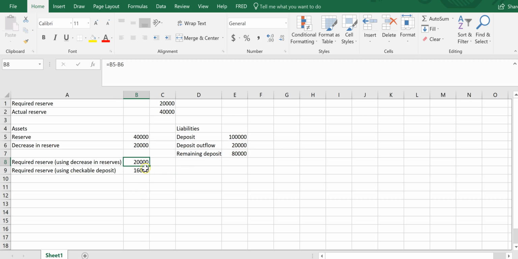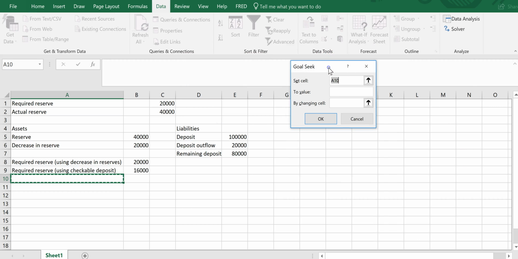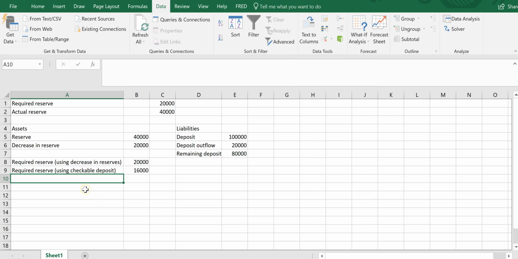But right now it's not a problem, because I can change it. I want to use the data tab, what-if analysis and Goal Seek, this tool in Excel. But if you open that Goal Seek, you can see that the set cell value has to be a specific value, so you cannot directly make these two cells equal to each other, and that's why I also have to